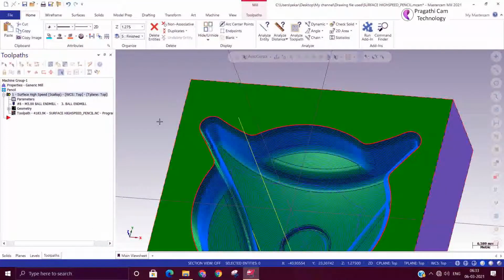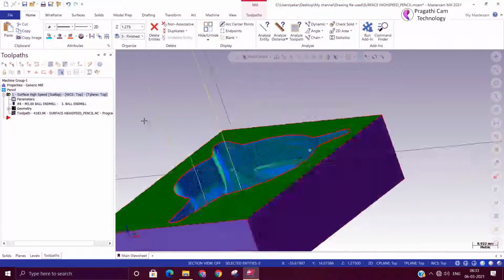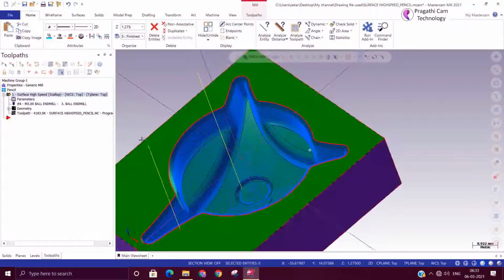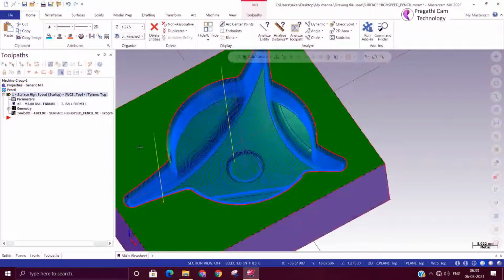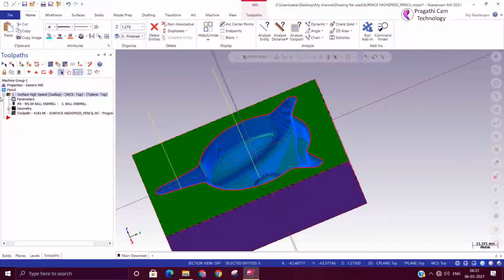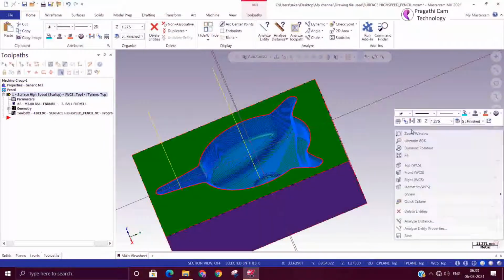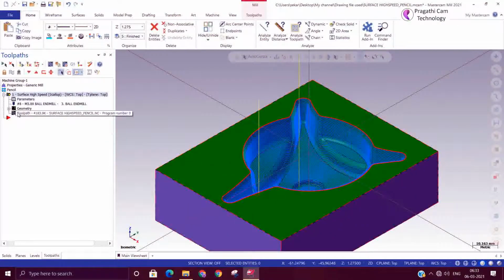This is the one way cutting method. One thing you need to have knowledge of is where to use this toolpath, which is important, and this is the surface finish scallop toolpath. Okay, thank you.